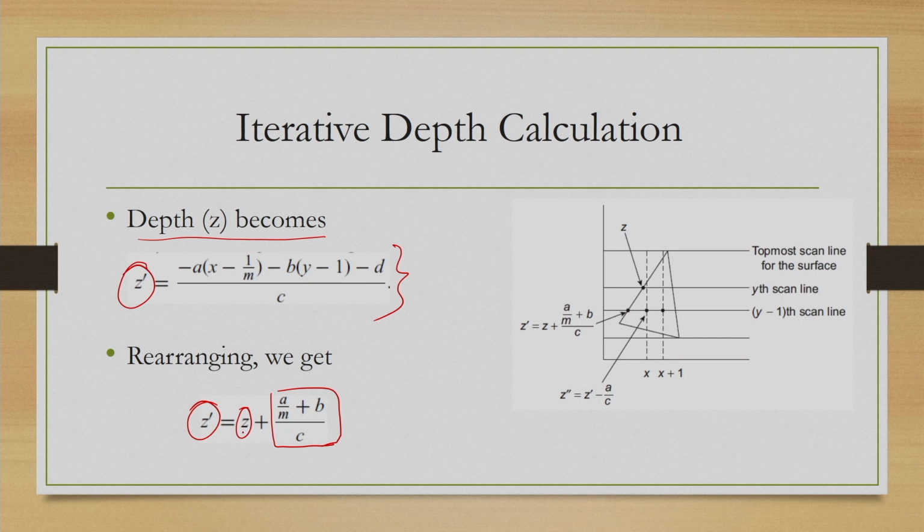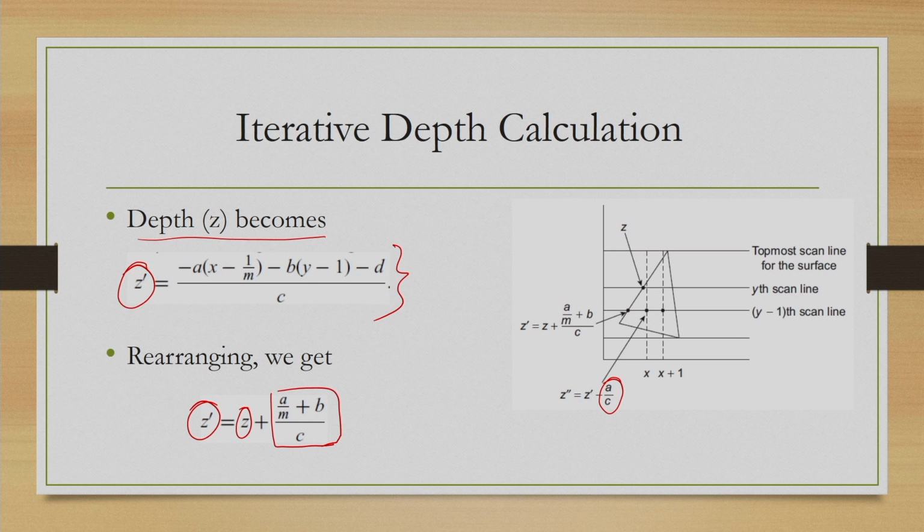So, again we see that across scan lines we can compute depth at the edges by adding a constant term to the previous depth, and then along the scan line we can continue by subtracting a constant term from the previous depth. So, this is the iterative way of computing depth, and this method we follow in the Z buffer algorithm to compute depth at a given point.